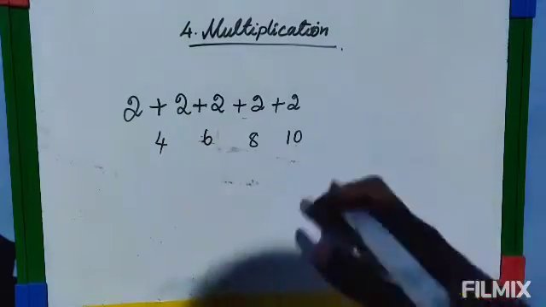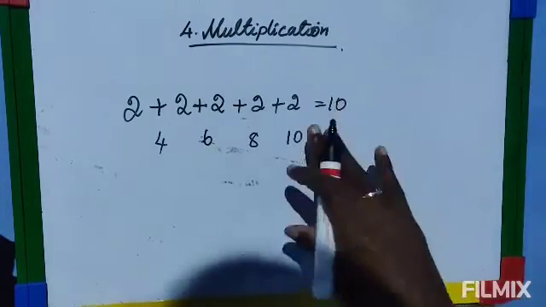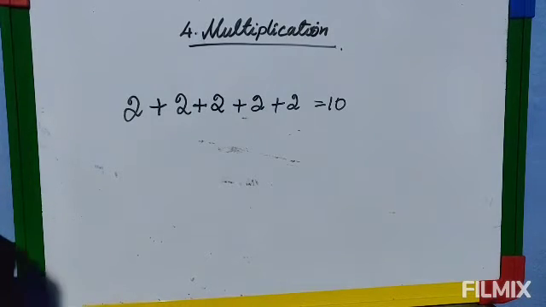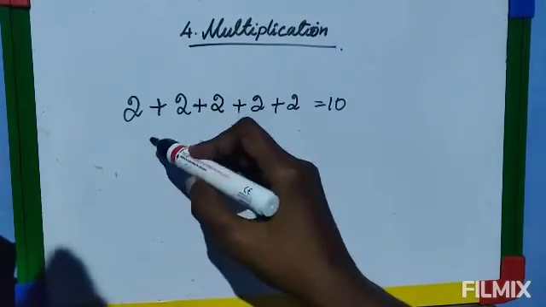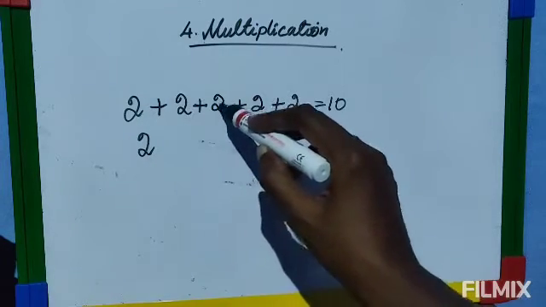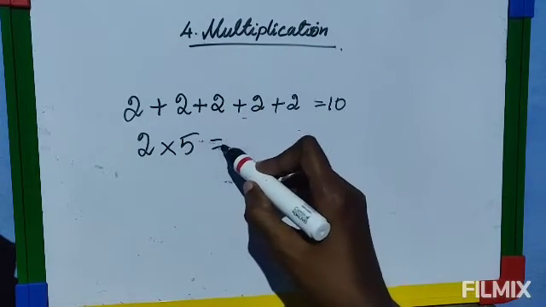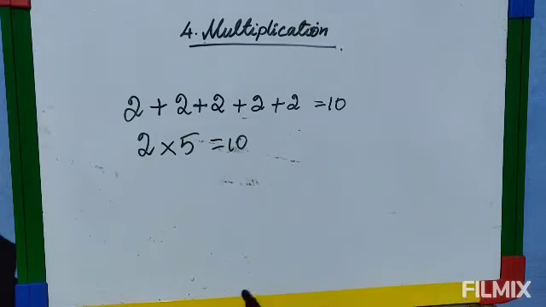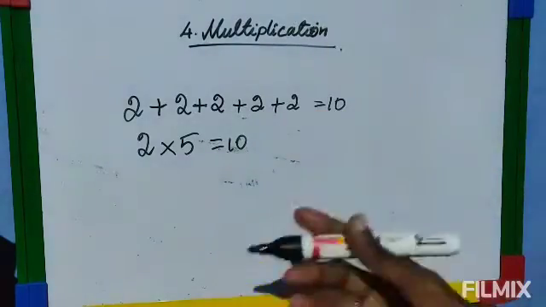Okay, so the number you are repeatedly adding, the total comes to 10. So repeatedly when you add one number, that is how multiplication comes. Now you see the number you have added, you are adding 2. How many times have you added? 1, 2, 3, 4, 5. So you are adding 5 times. So 2 5s are 10. This is the way addition comes to multiplication. Addition and multiplication are related. If you add a number repeatedly, it becomes multiplication.